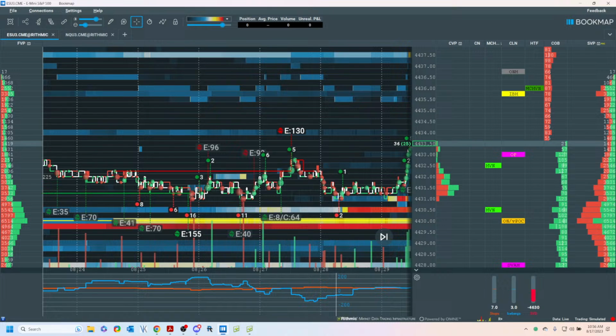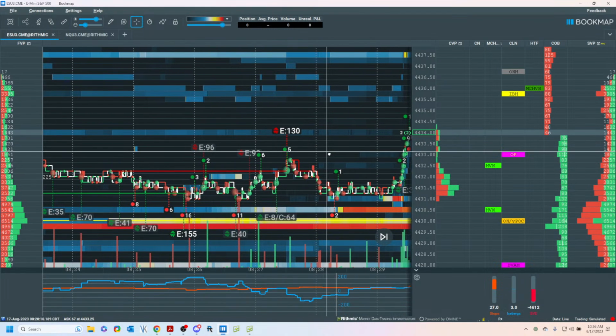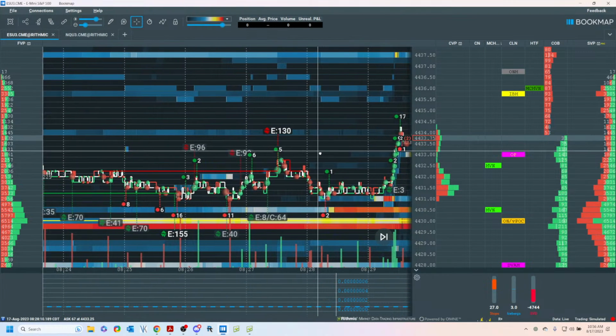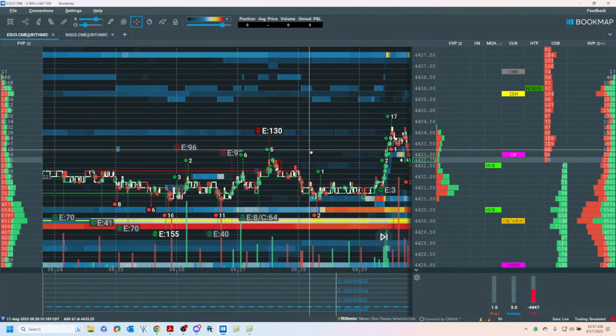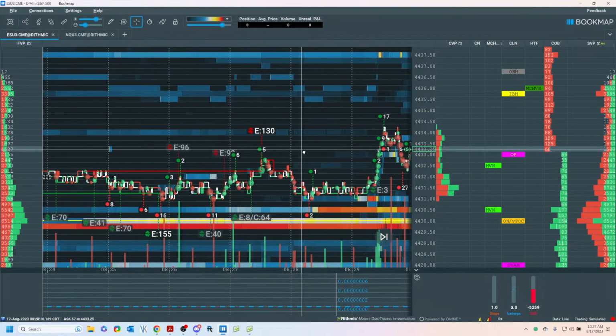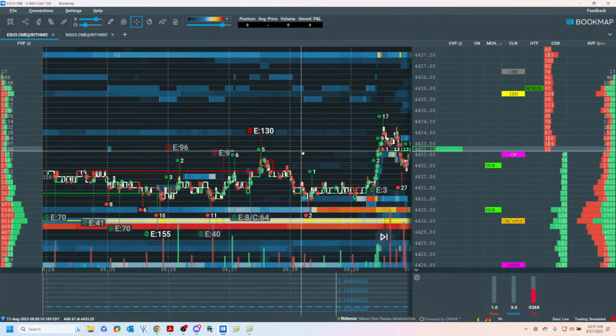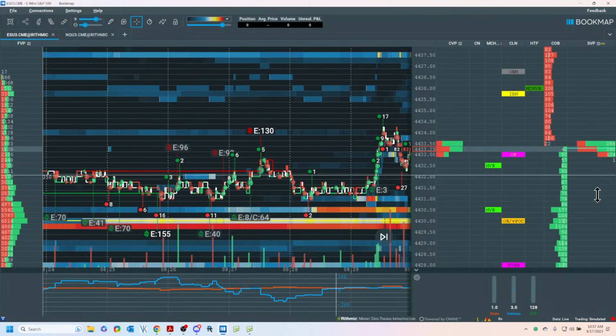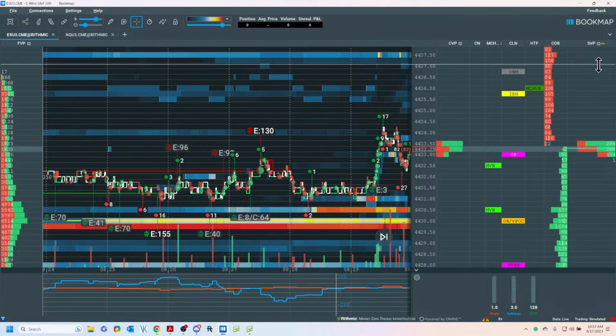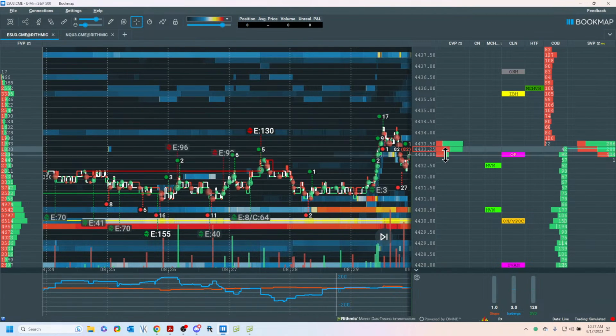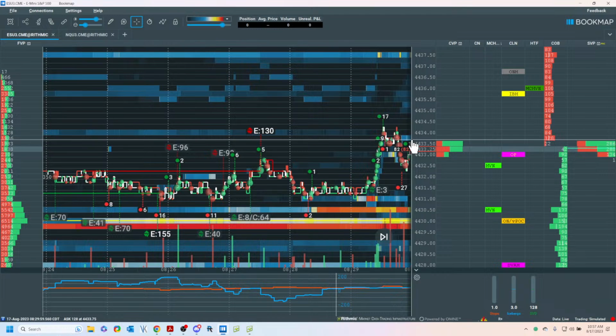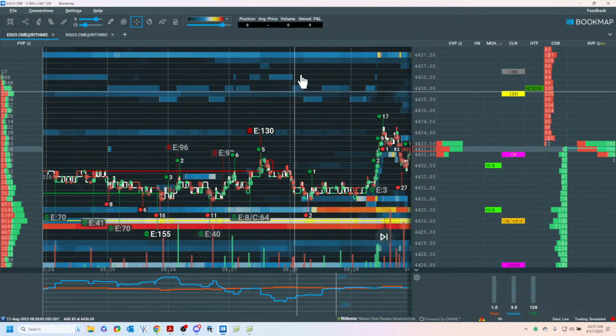This stays constant. Over here, this is going to show us all the volume starting at ETH open and continuing through the RTH. This starts and resets at RTH open, 8:30 my time. So I'm going to go right into the open here as soon as this gets to 8:30, and you'll see it reset there. This is going to show us all the volume as it comes in, RTH only. This is going to show us only what's on the chart starting at RTH, so it resets. So let's watch.